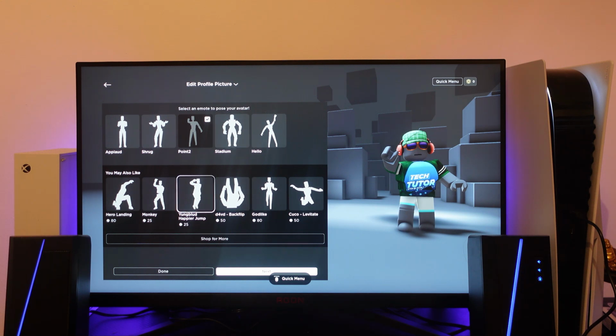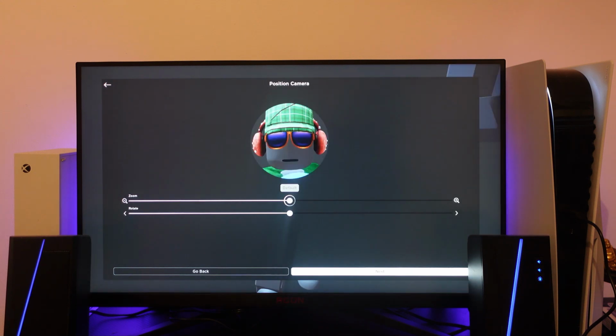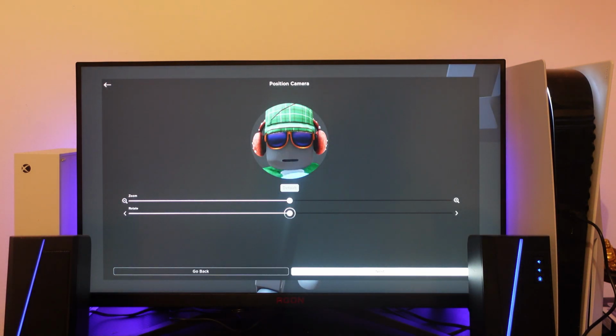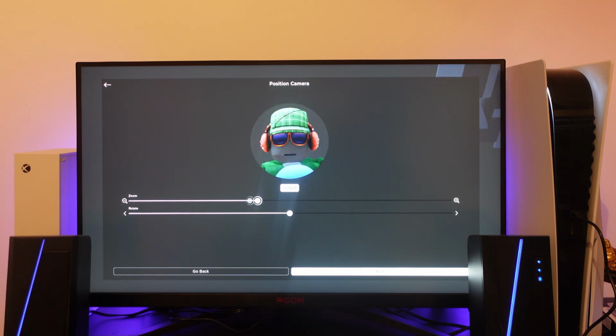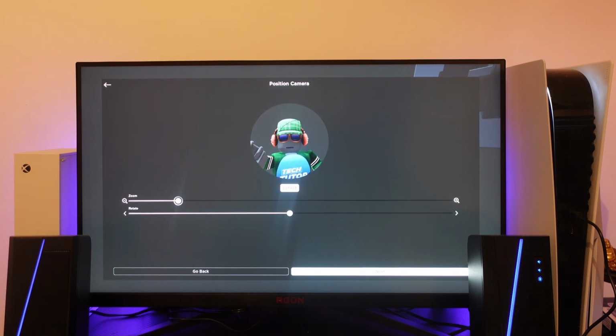And basically once you're happy with your changes, what you can do is come down to the bottom and press next. And from here, what you can do is actually position the camera so you can zoom in and out of your picture. So as you can see, we can zoom out of the picture so we can have that point emote showing like this. And we can also rotate the camera. So you just want to press X onto each bar. Then you can move the sliders along to choose this,